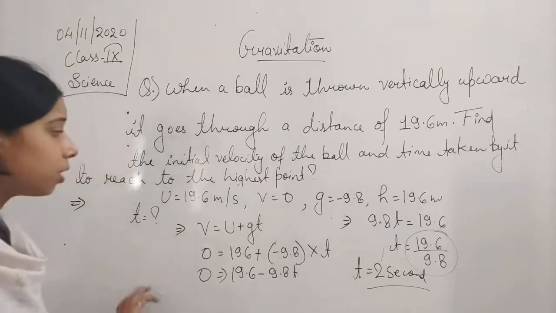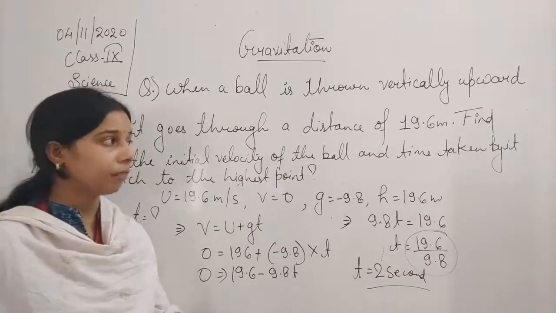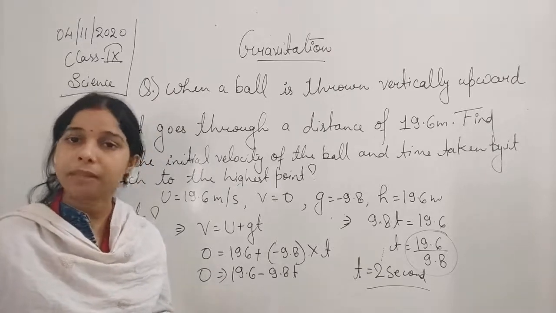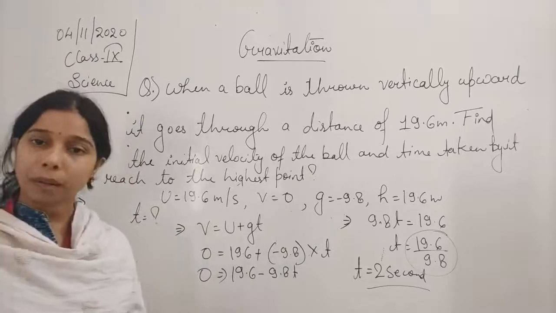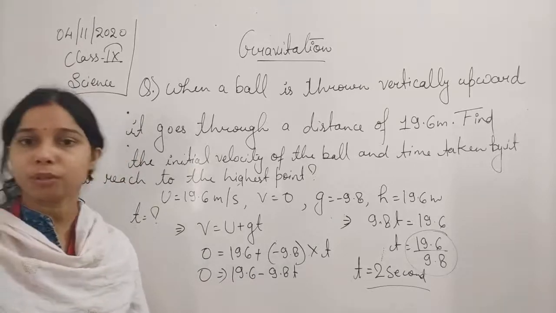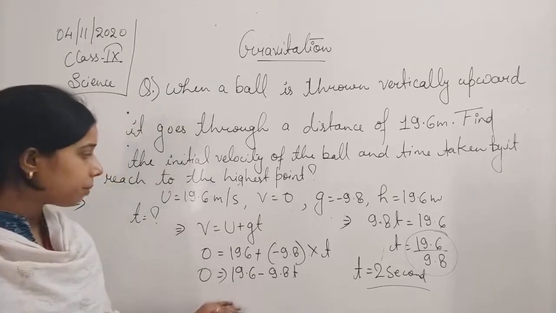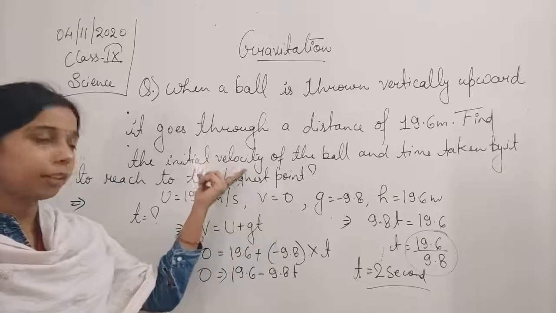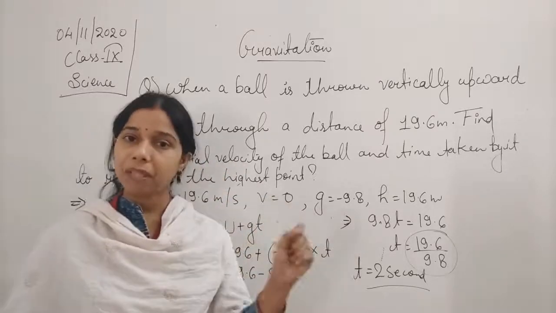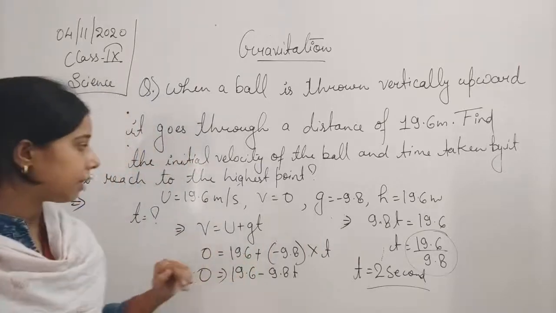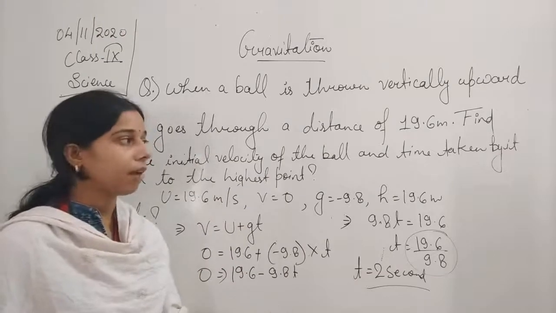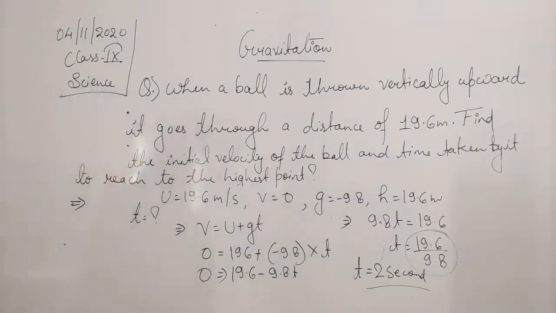So you see here students, the question is a lengthy one, but it is not tough. If all the values of the given components are there, you are able to apply the formula, and in that formula you can put the values here. In this one students, we had to find the initial velocity and height. First of all, we found the velocity by using the formula v square is equal to u square plus 2gh, and in the second one, with the help of the formula v is equal to u plus gt, we found the value of the time taken. Now we will move to the next question students.